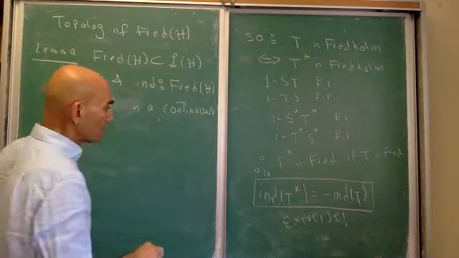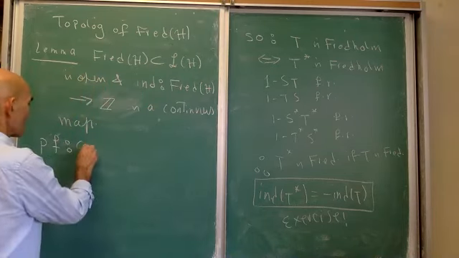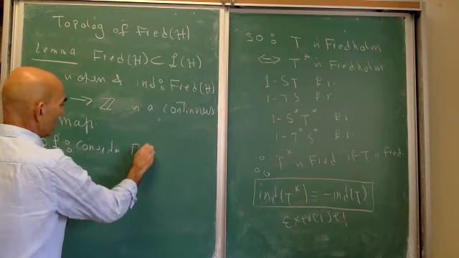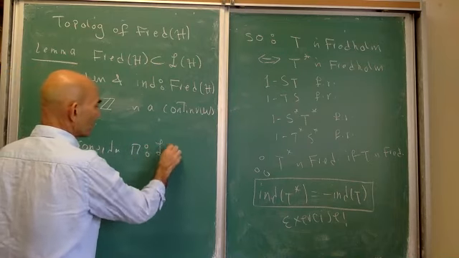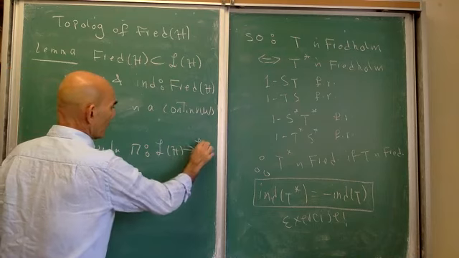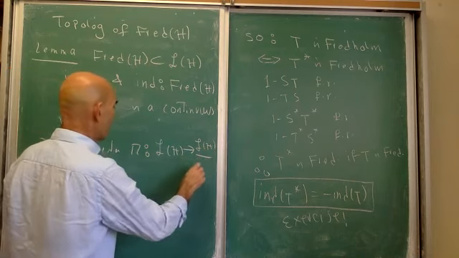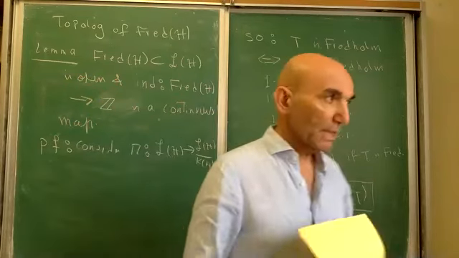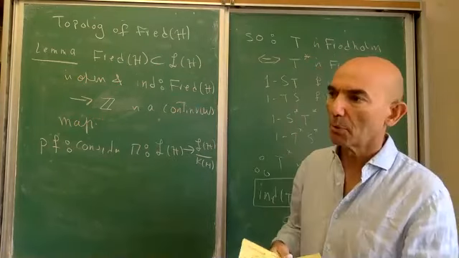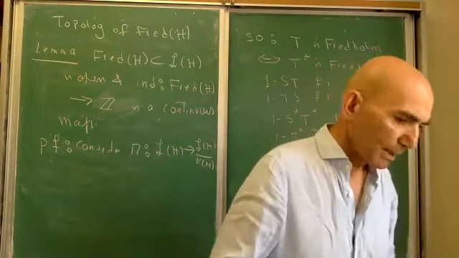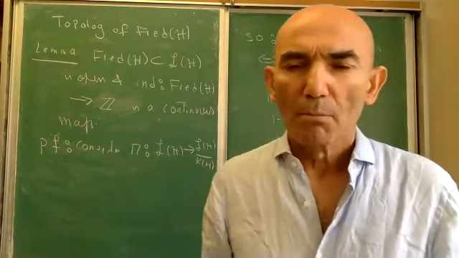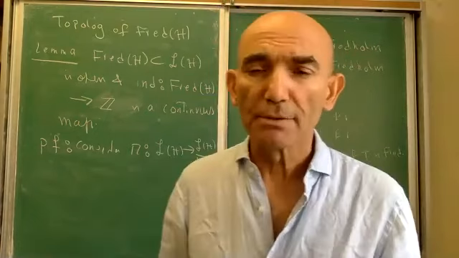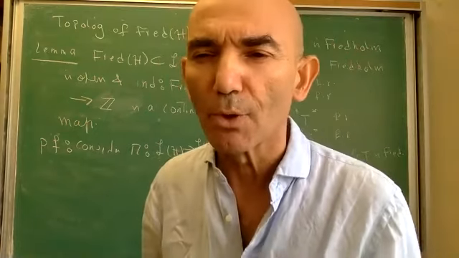So if we look at pi, the projection map that I just erased, from L of H into this Calkin algebra L of H divided by K of H. One of the things that one learns in basic Banach algebra theory is that basically